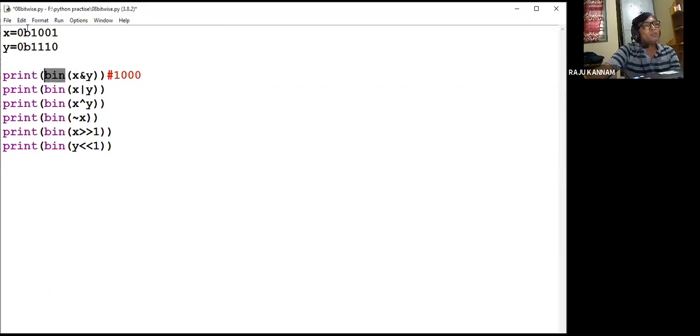Because I have taken the two numbers as binary, for verifying I want to display the answer in binary value. So I'm typecasting it with the bin function, which converts the given number into a binary value. So we'll get the display 1000.